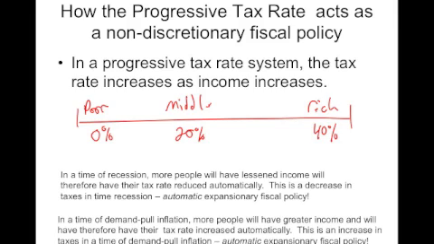And then the opposite would happen in a time of demand-pull inflation. Then people would have money in the pocket, jobs, jobs, jobs. So people could advance in jobs and get better jobs, and they'll move from this bracket here to this bracket over here. And so it acts as an automatic stabilizer, because in a time of demand-pull inflation you're trying to decrease the spending that's happening, and as people move to higher brackets, automatically their tax rates will increase. So raising taxes in a time of demand-pull inflation is what you want to see happen. This does it automatically. That's non-discretionary fiscal policy using a tax system like the progressive tax rate system.